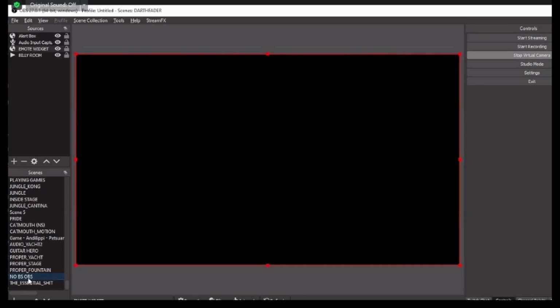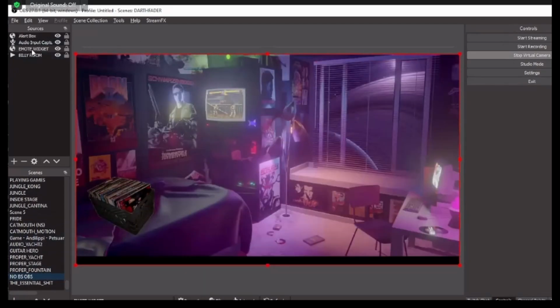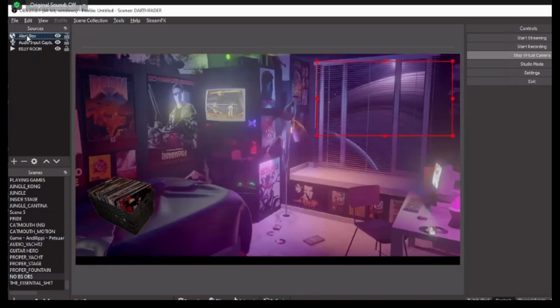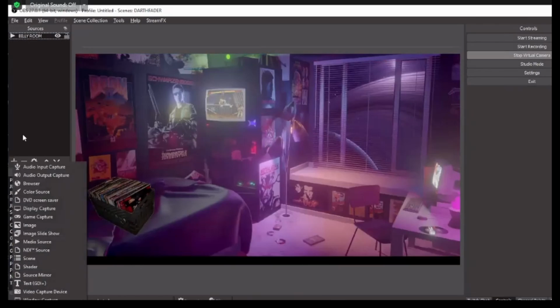Right. Now, if I go back to this Billy's room scene that I've created, I can get rid of the emote wall. I can get rid of the alert box, and if I have this on, I can get rid of this, right? So that now that's all that's here, right? So now when I want to add this as one line of source,